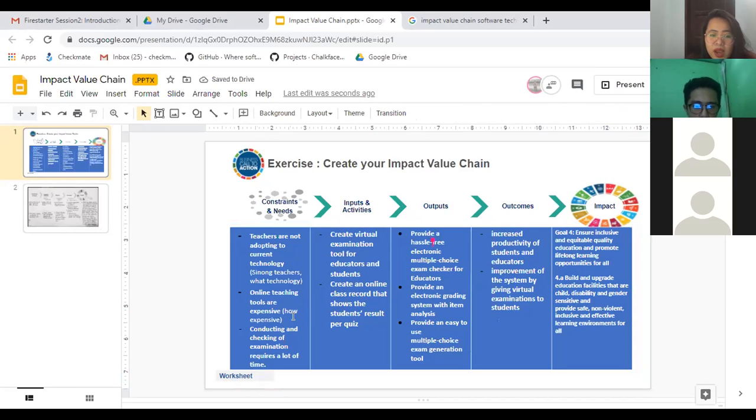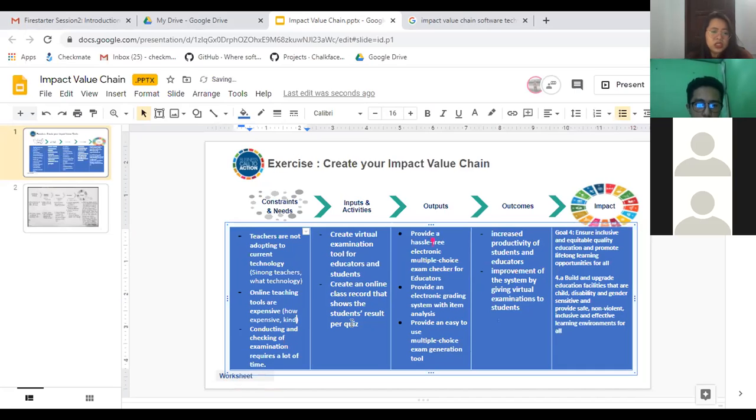You have to give facts on this data, okay? You don't have to give it all, but you have to indicate kung bakit. So what kind of online teaching tools? Or I think pwede na yan. How expensive and saan? Anong klaseng expensive? Are you talking in dollars or in pesos? Okay? Indicate bakit siya naging expensive.